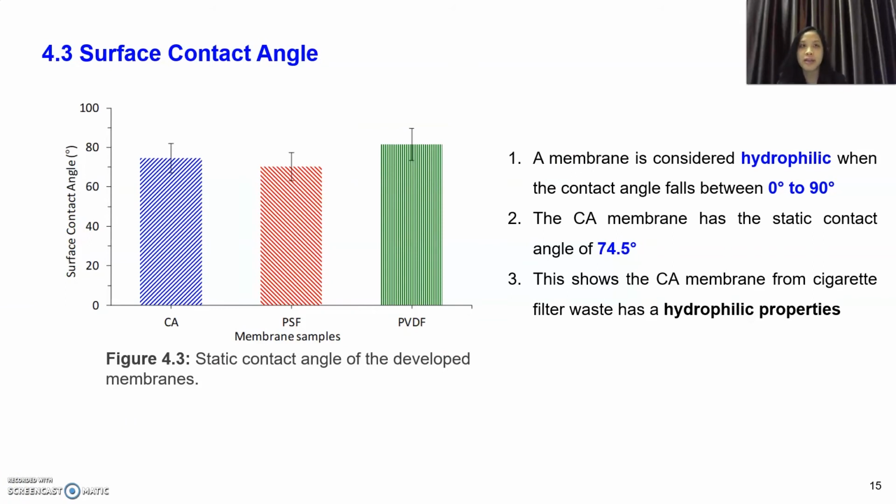Surface contact angle is tested using a goniometer, and the surface contact angle that we tested is the static contact angle, which tells us the permeability and fouling properties of a membrane. A membrane is considered hydrophilic when the contact angle falls between 0 to 90 degrees, and hydrophilic membranes are ideal in oil and water emulsion treatment since they are able to attract more water and prevent contaminant molecules from moving